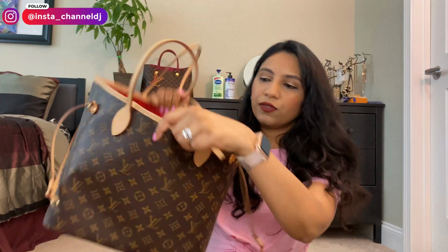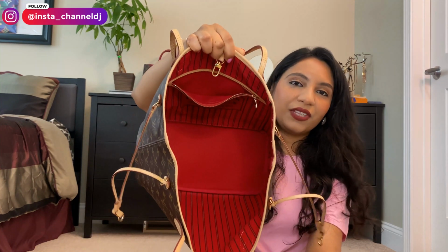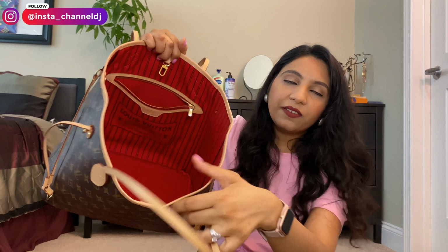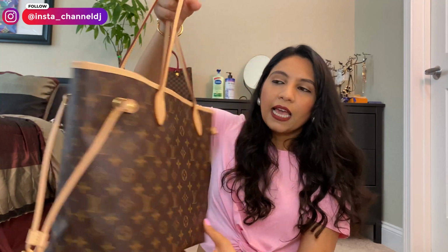I'm gonna give you a quick tour of the bag. So like I said, I've been using mine with an organizer, which I'll quickly take out so you guys can see what it is like on the inside. So here's the bag without the organizer, and it does have a back zip pocket, but otherwise there's no other organization or anything. Here is the back of the bag,